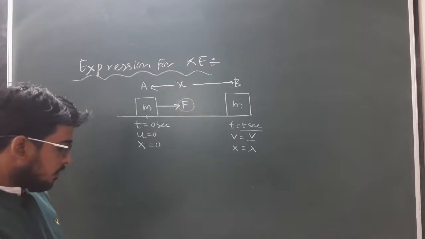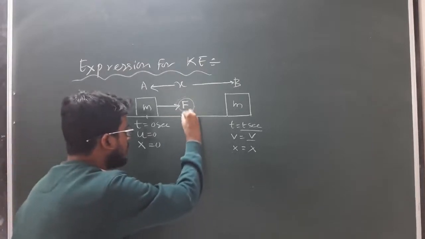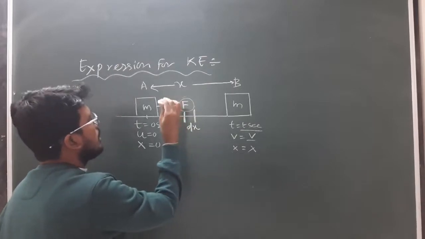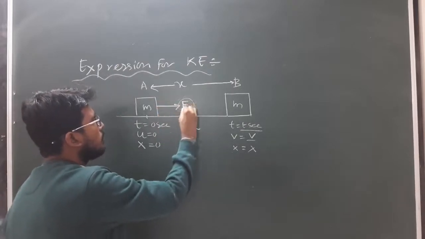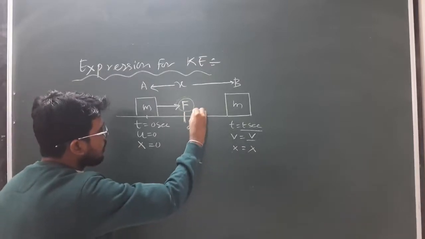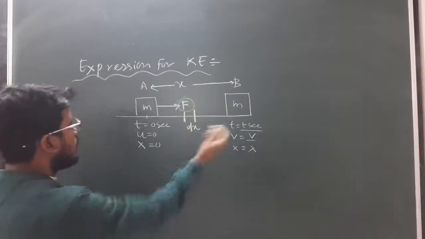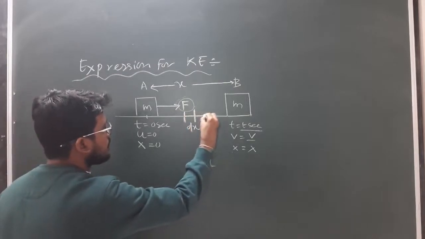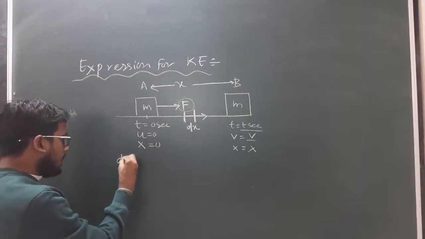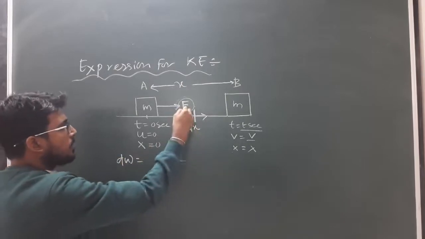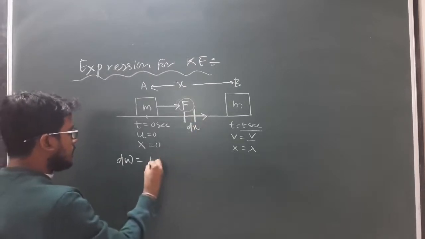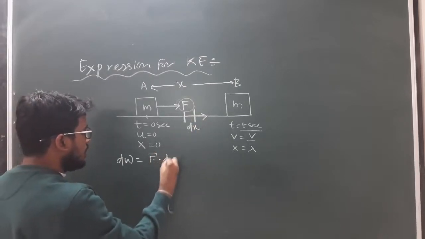So our motto is to find the total work done by the applied force to displace the block from A to B. So first of all, consider a small displacement dx due to the applied force F. So the small amount of work done by displacing the block with dx will be how much? The displacement takes place along the same direction as the applied force. So the small amount of work done dw due to the applied force F by displacing the block with a displacement dx is equal to how much? F vector dot dx vector.